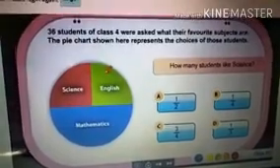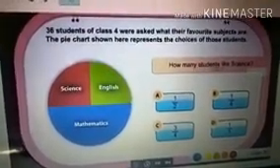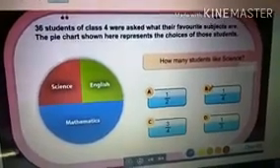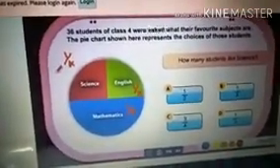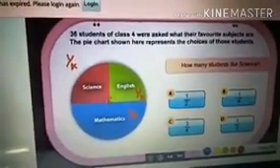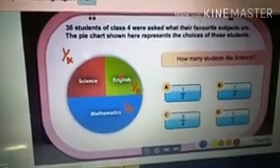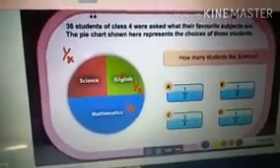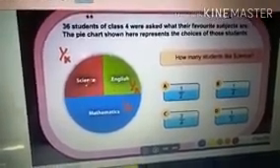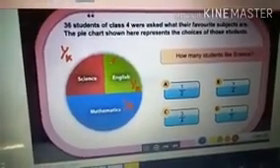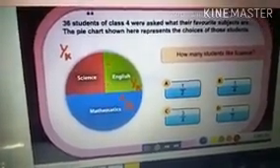So what is the part of the science? 1 by 4. Where is it? The second option. Children, listen one more time. I'll explain. Mathematics has occupied half of the region, English a quarter and science also a quarter. So quarter plus quarter is half. So half plus half is the whole region.